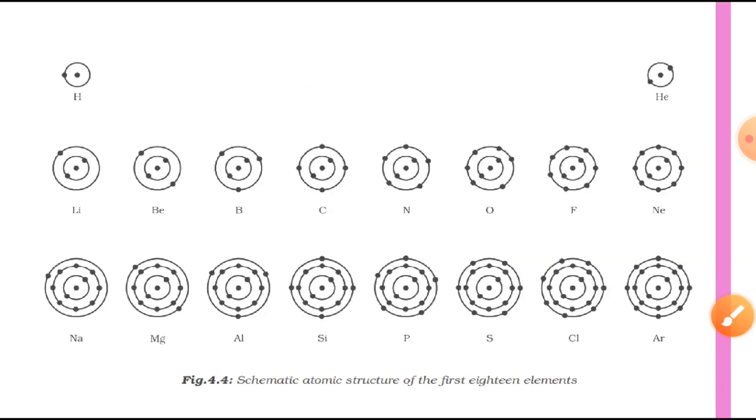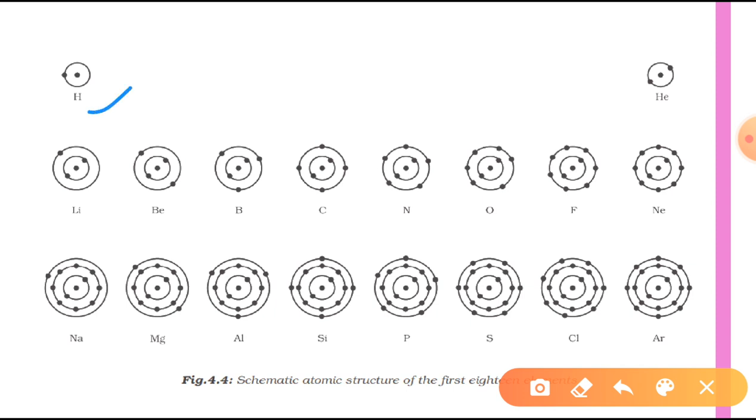Now we have seen it. Here this picture shows you the electronic configuration for the first 18 elements. Here it's hydrogen. Hydrogen has just 1 electron, so in the K shell we will place the electron. Then you can see helium. Students, helium has atomic number 2. It means it has 2 electrons, and these 2 electrons will be filled in the K shell. Now have a look at lithium. Lithium has atomic number 3. It means 3 electrons. 2 electrons will be filled in the K shell. Then we will move to the L shell and we will place just 1.